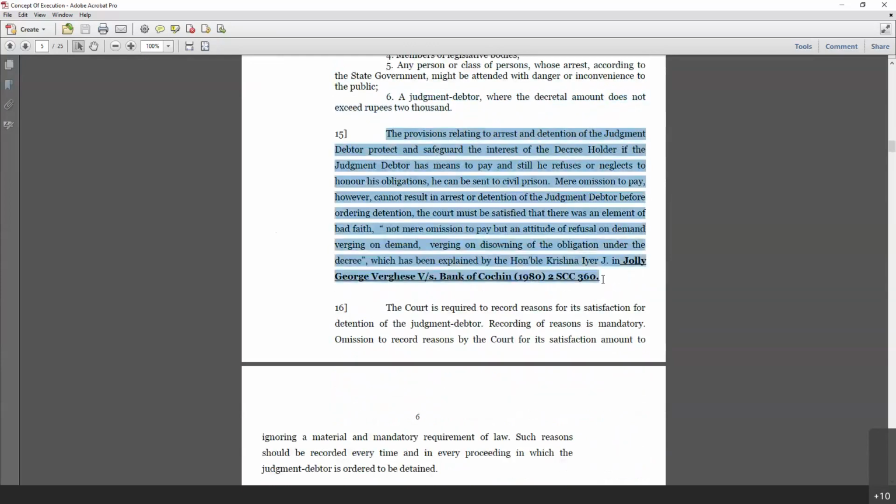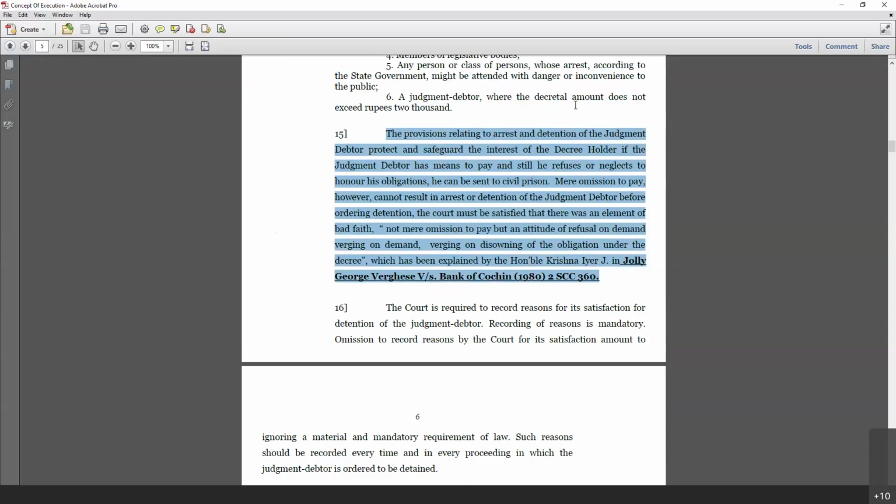So as I mentioned to you, ultimately the courts have stepped in to put some fetters on the right to detain somebody. Because ultimately, when somebody is unable to pay, there may be legitimate reasons. The person may be bankrupt, for instance. Now, obviously, bankruptcy should not be used as a cloak or a cover to defeat the decree, even though the person otherwise has the means. That obviously is unacceptable. But if there is a legitimate ground, when there is absolute, complete penury, complete bankruptcy, then